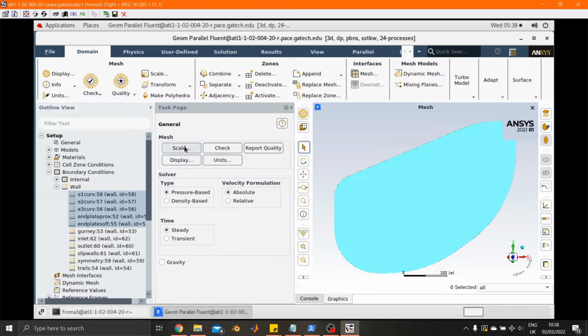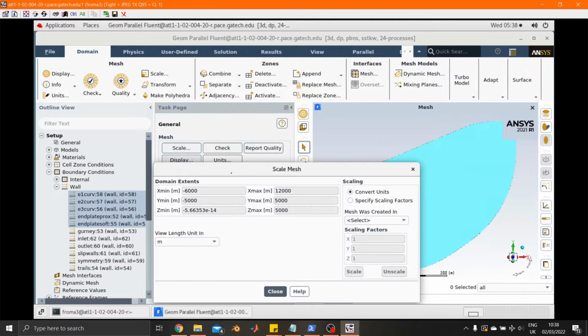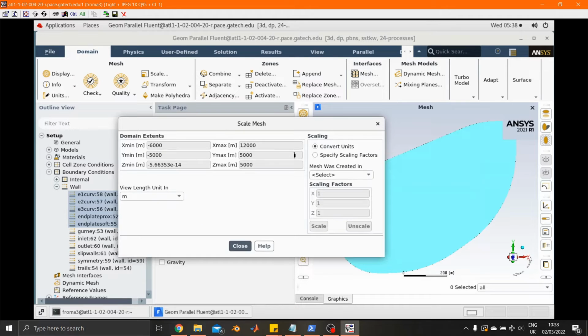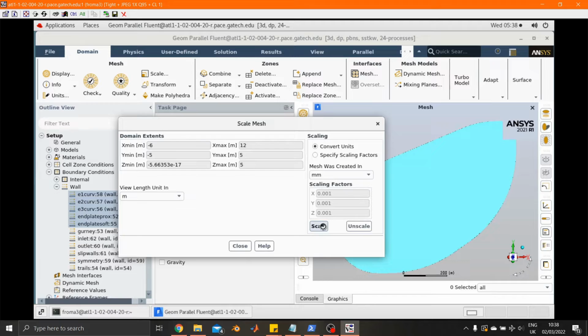So if we go to scale right here in the task page, and then we can either specify the scaling factor or we can convert units. So mesh was created in, we'll go millimeters, and you'll see it scales everything down by 1,000, and we'll hit scale. There we go. So now we'll close that,